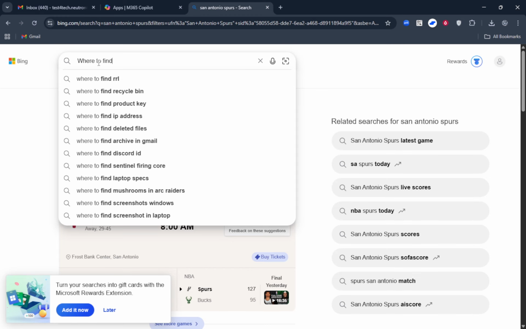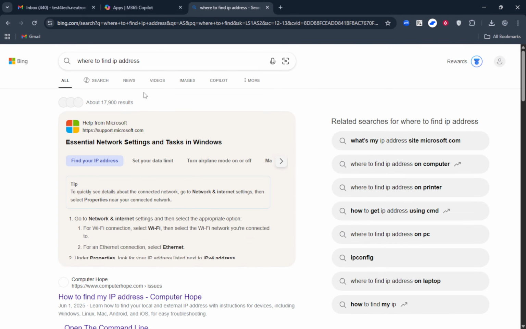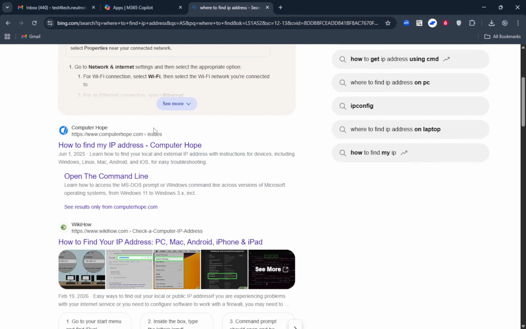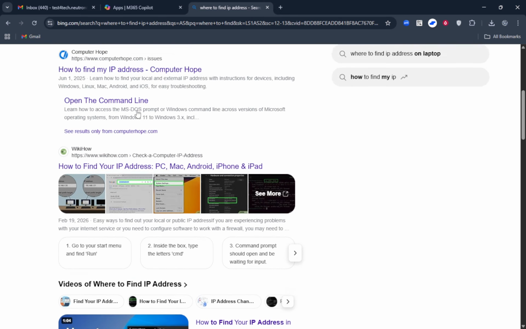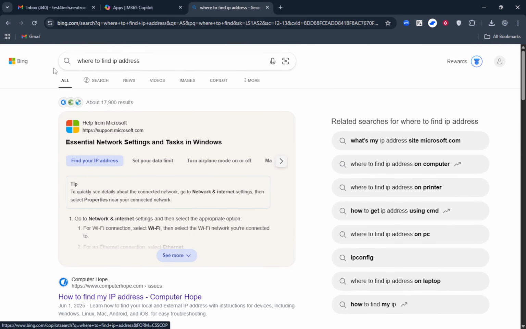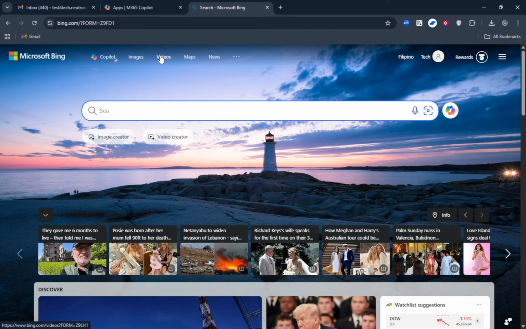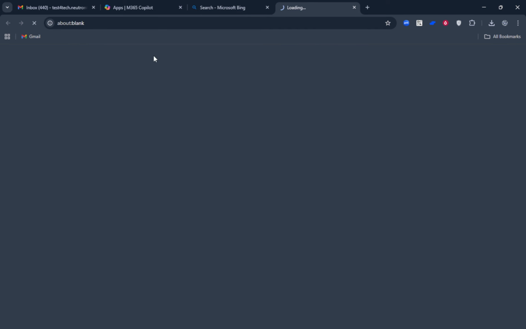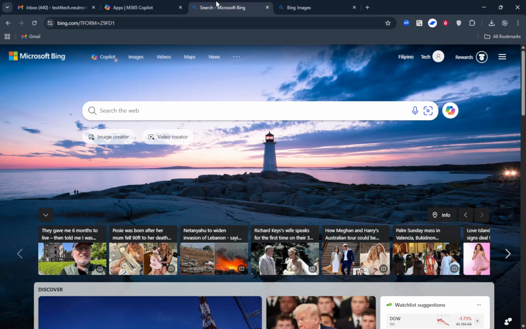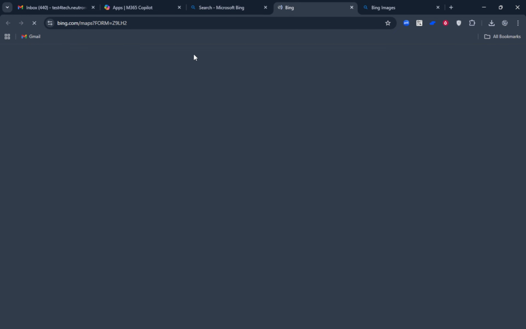A few tips can make your searches even better. Ask clear, direct questions or simple phrases like best pizza places or budget travel tips. After a search, use the tabs at the top, images, videos, news, or maps, to focus on a specific type of result. When you need an exact phrase, put it in quotation marks. Typing "how to learn guitar" tells Bing to find that specific wording.